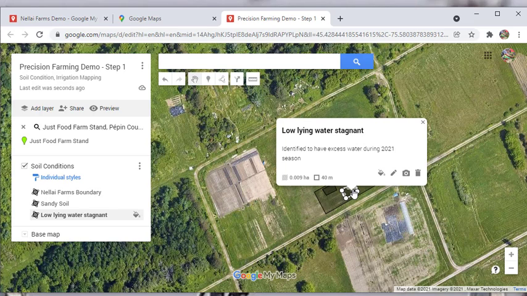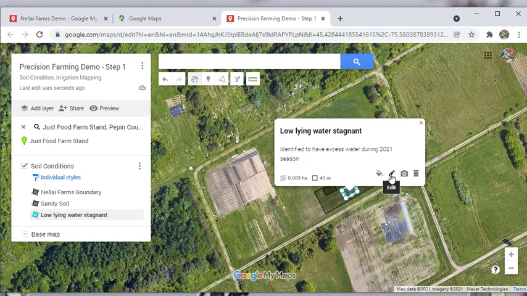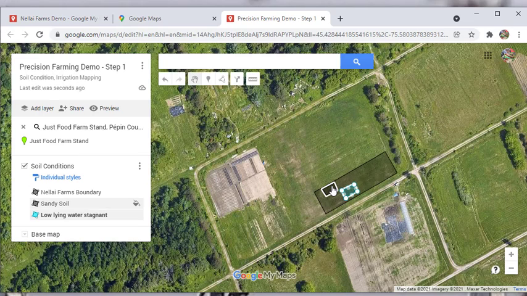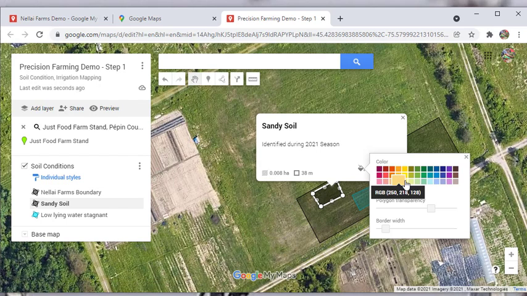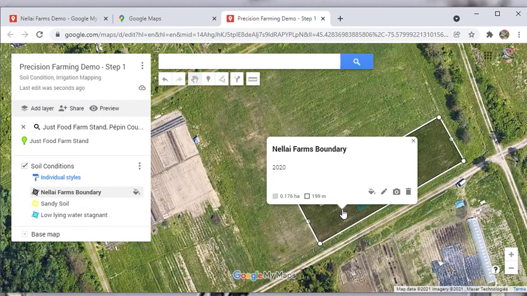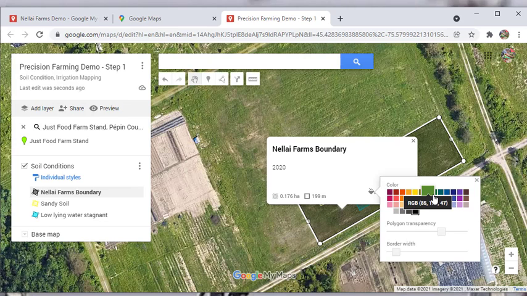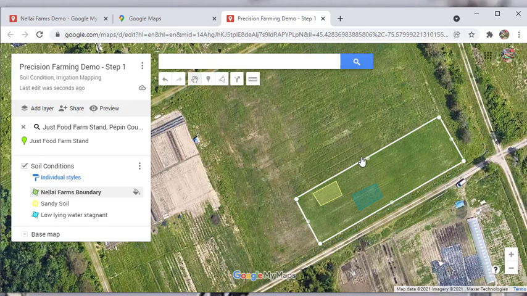We can add colors that are representative. Since it's wet, I can give it a blue color. This can be in sand color, maybe. And the farm as such can be in healthy green color. So this kind of information